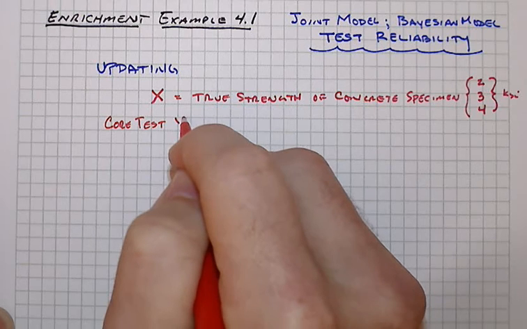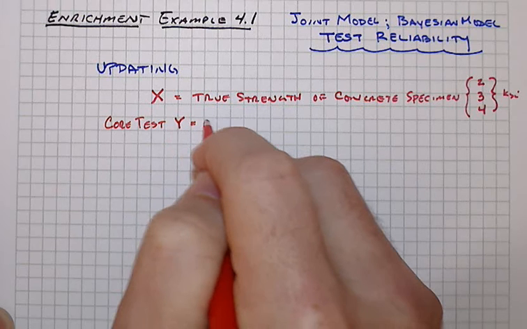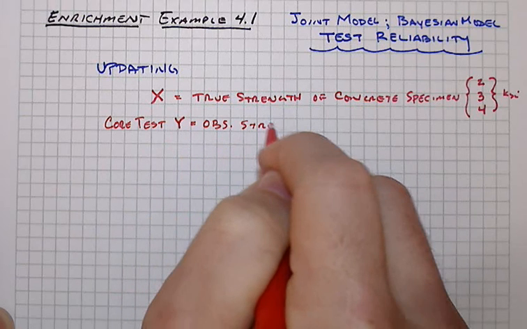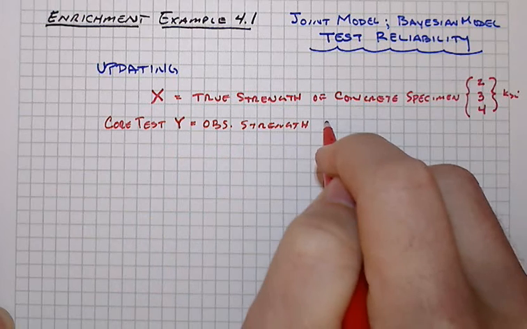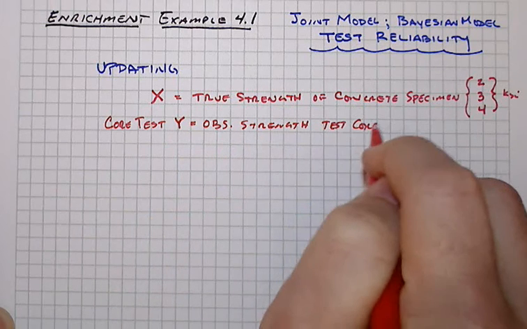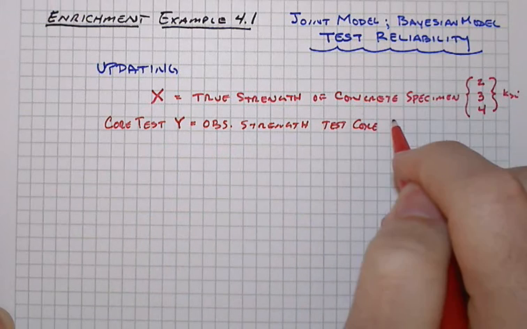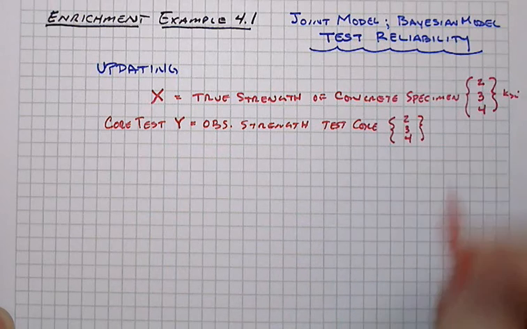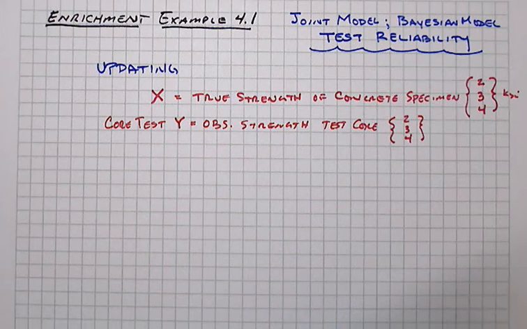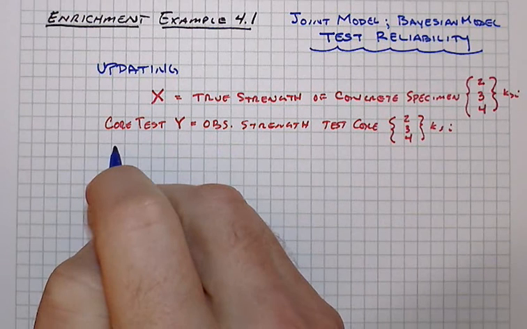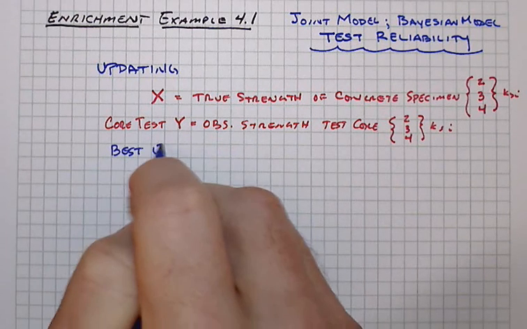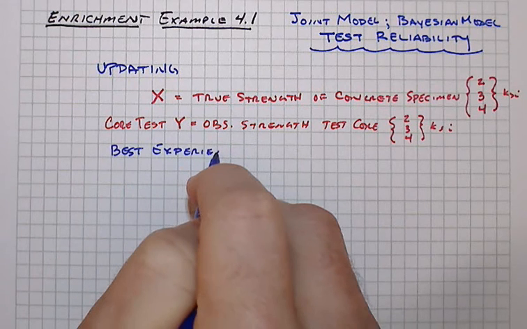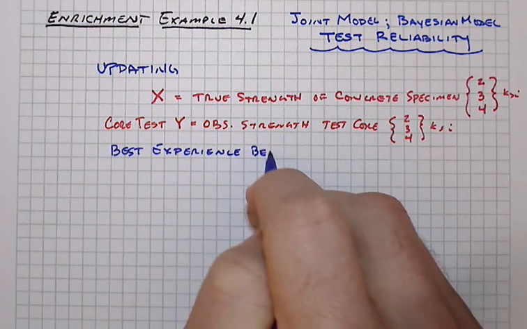And so y is going to be our observed strength from the test core or from the test cylinder. And those two we will lump or discretize as having possible outcomes of 2, 3, and 4 KSI. And sort of our given here, from our best experience before testing,